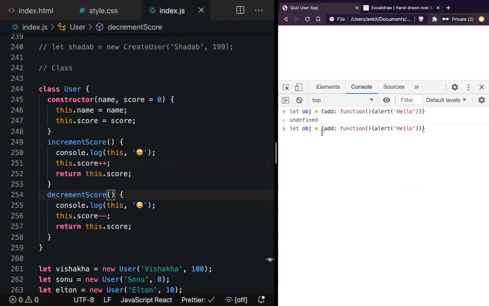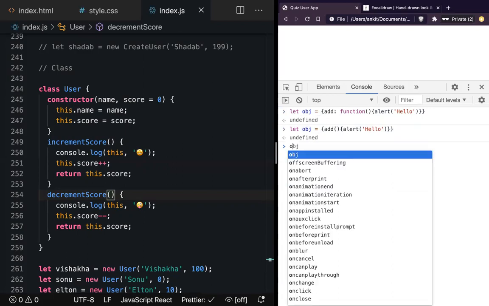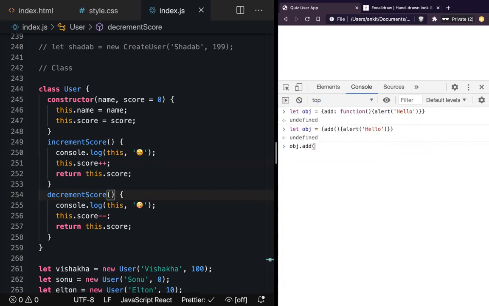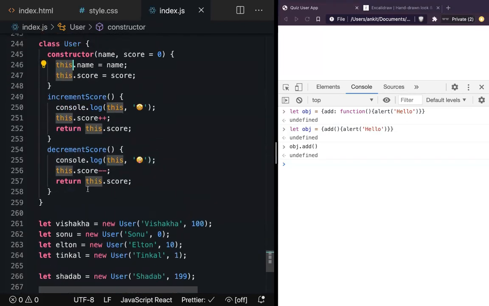The same thing, you can also do it like this. Remove this whole thing and you say add is a function and call obj.add. It will do the same thing. So it is also known as the short syntax of writing functions. You can just name the function and put the parentheses here, and the parentheses will do these things. And you just have to use this to access the variable, and this is what a class is.